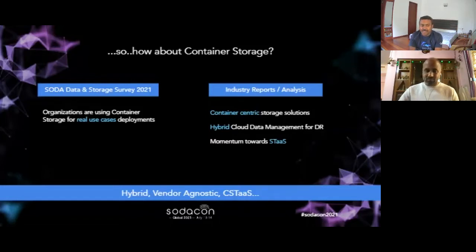If you just Google most of the top storage vendors, the new products that are coming are completely offered as a solution. So most of the people are moving into STaaS, storage as a service, wherein their products include their hardware boxes and SDS components, and move more towards container based solutions. So it is becoming hybrid and vendor agnostic, because most vendors are trying to support third party products as well. So vendor agnostic, and the direction is container storage as a service.